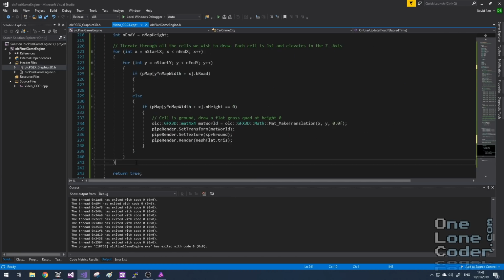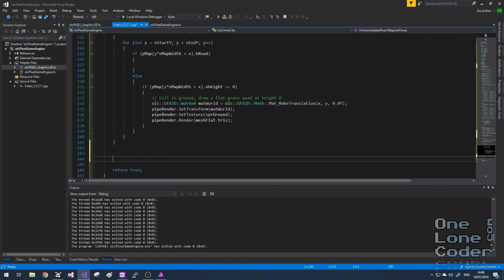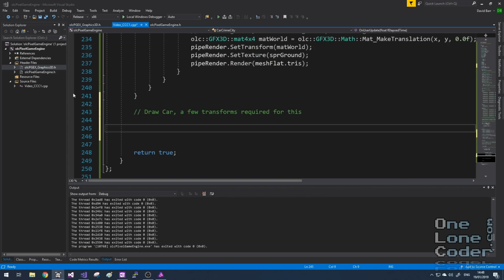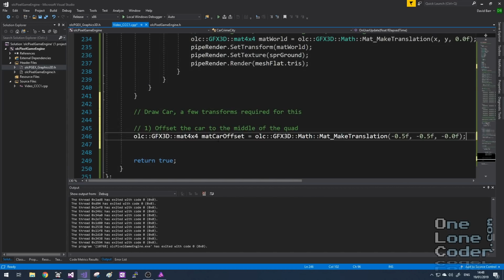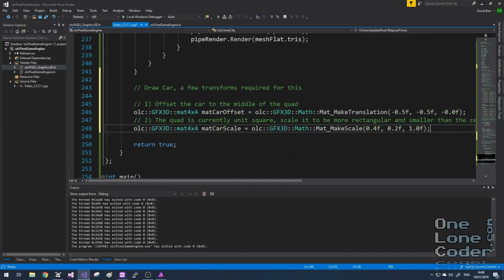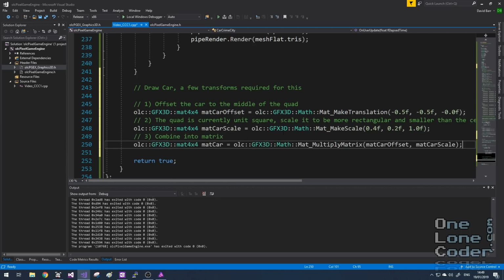I want to ensure that the car is always kind of visible. So I'm going to draw the car after I've drawn the scenery. And I'm just going to go through the transforms I've just been through in the slides. The first thing is to offset the quad by half. So now the origin is in the middle of the quad. And then going to scale the quad to make it into a rectangle, the size of the car that would seem realistic in the world that we're creating. The order that we multiply matrices in is important. So I'm going to combine the